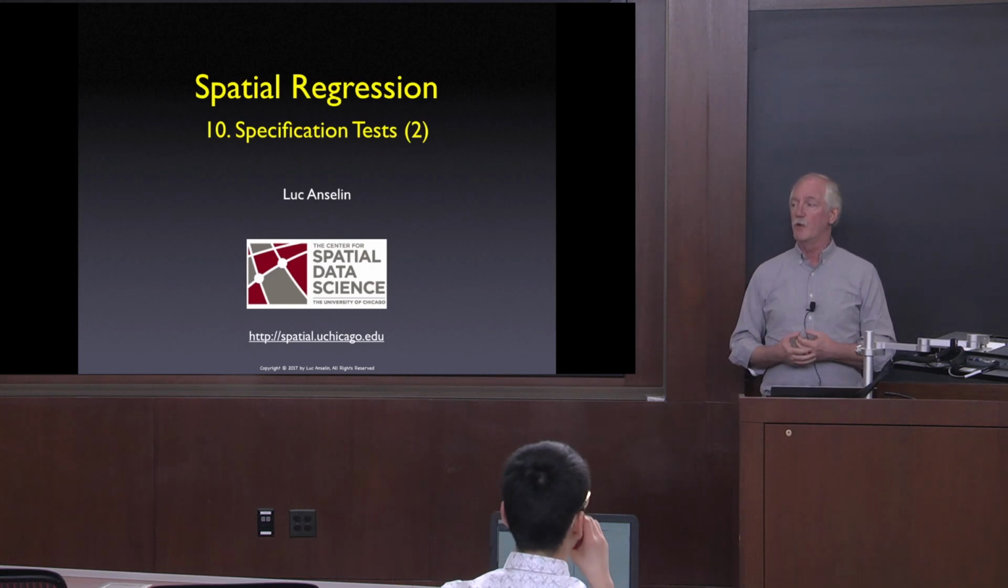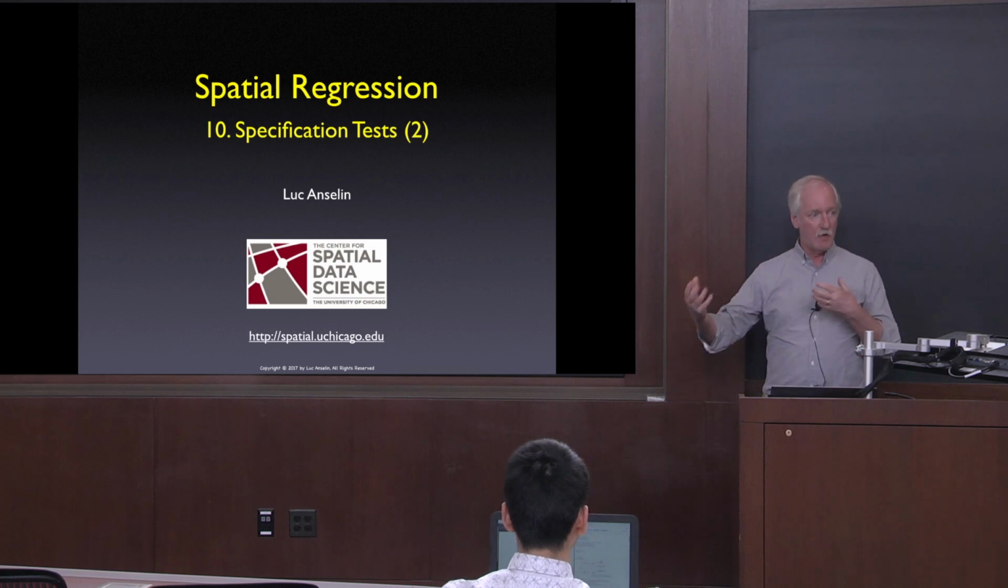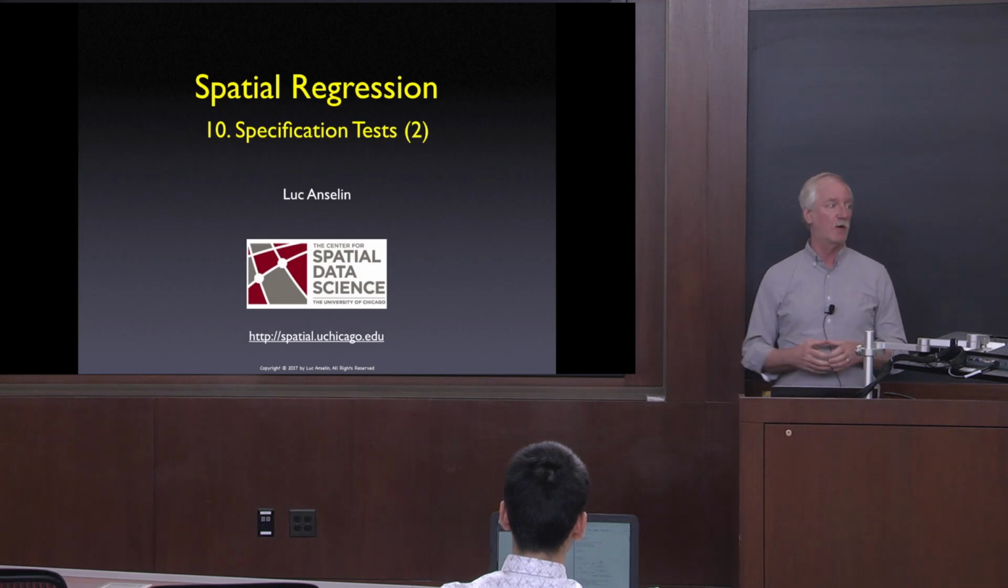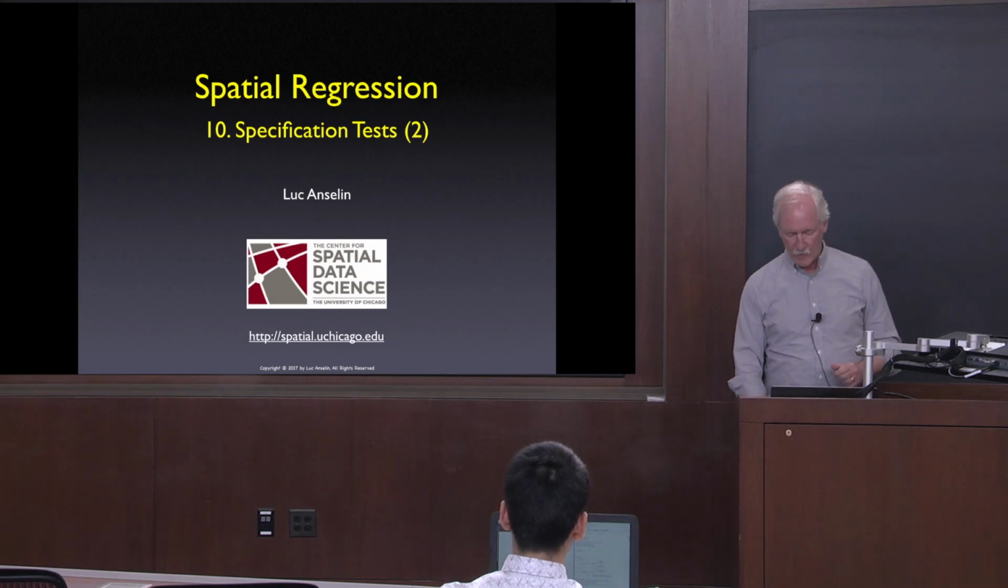And so last week, or on Monday I should say, we ended up with a Lagrange multiplier test with the error model as an alternative, which we saw was related to Moran's I, a scaled form of Moran's I, basically. And then we also saw the Lagrange multiplier test for a lag model, which is a lot more complicated. So what we're going to do today is